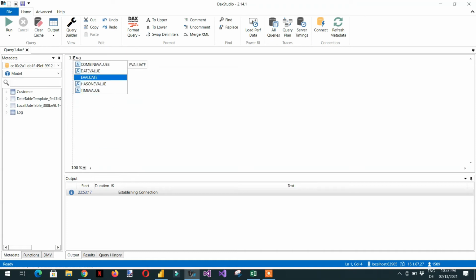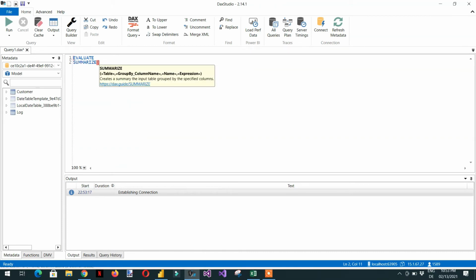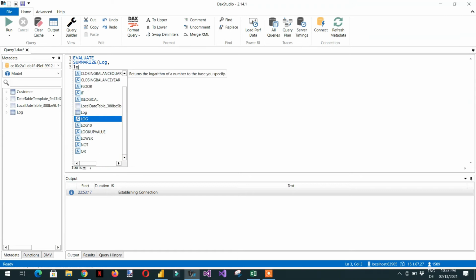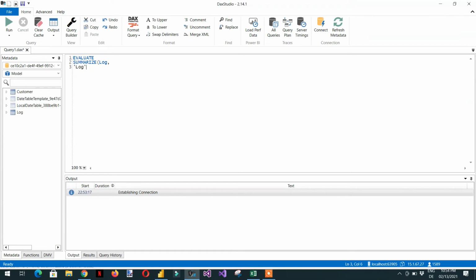So that you know what is going on, we have to use one function, SUMMARIZE. First the name of the table will be log. The second parameter will be log customer ID.